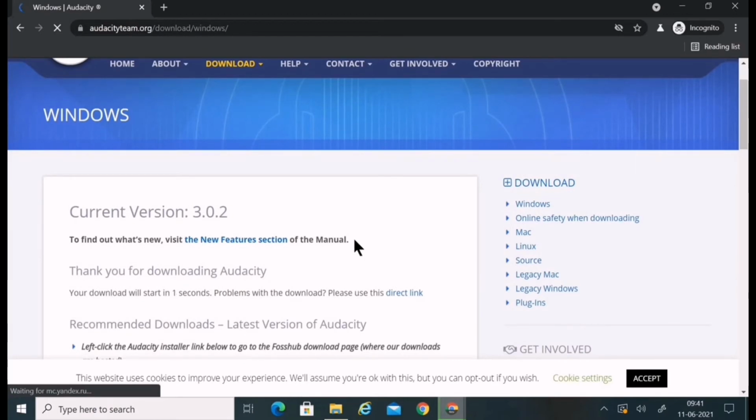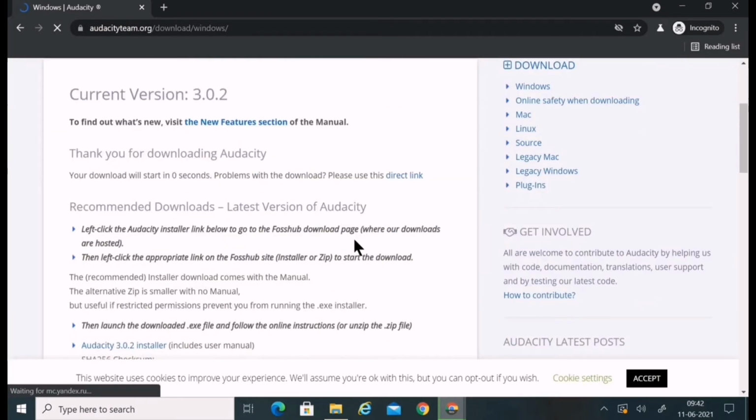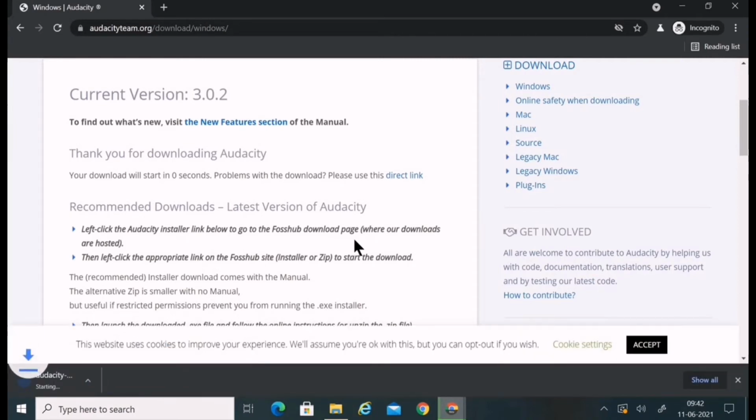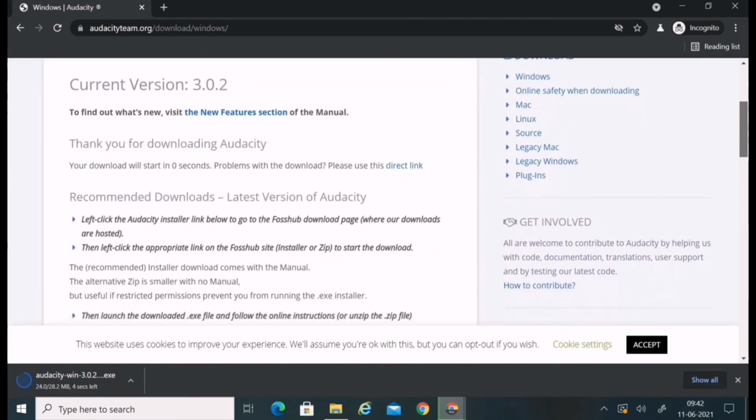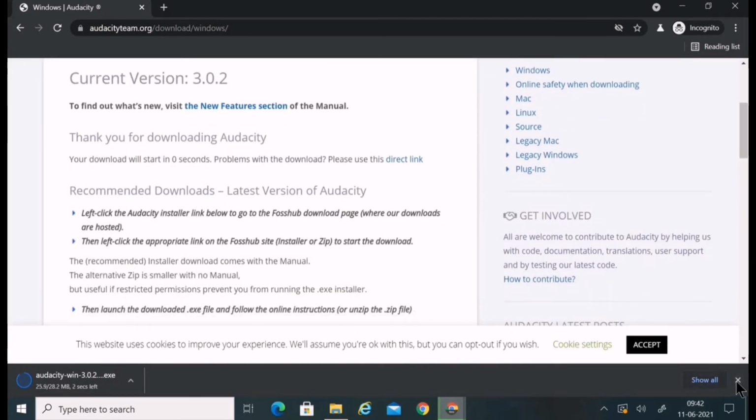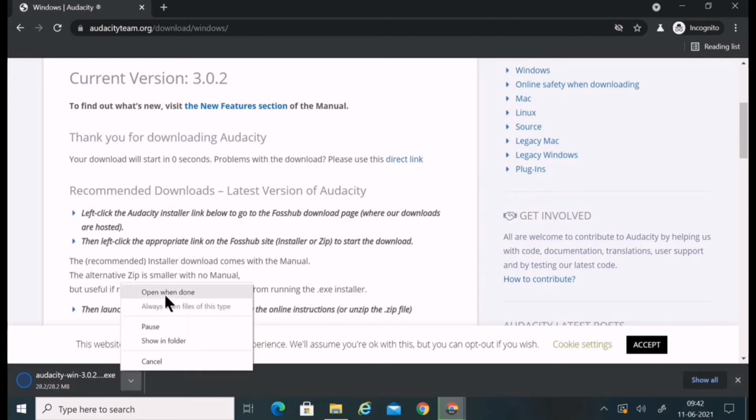So here it says your download will start in 1 second or so. If it didn't get downloaded, then from here you can download this. So I have downloaded. You have to just click on this and install this.